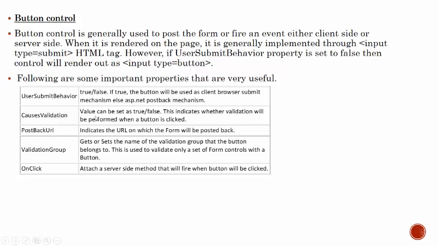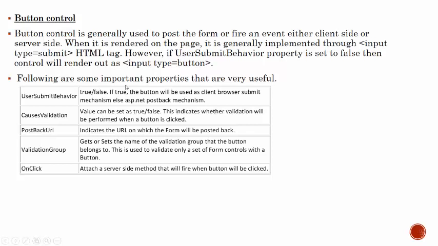So the first property is use submit behavior. It is a true or false property. If it is true, then the button will be used as a client browser submit mechanism. Otherwise, if it is false, then it will use the postback mechanism.